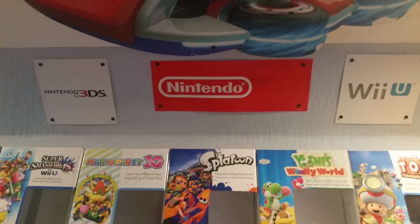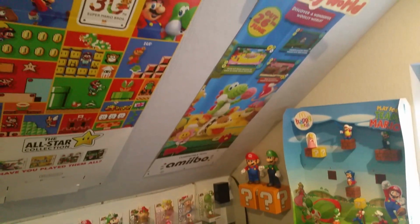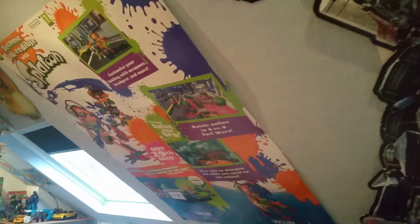Again, that's what's left of my Mario Kart 8 standee, because it went knackered. And here is my Yoshi's Woolly World, along with my Mario Maker. And me Transformers and Splatoon, and some other bits and bobs from Mario 3D World, Kirby's Adventure, or Kirby's Rainbow, sorry, and Mario Tennis in there. And this was off Tesco, and a couple of gifts from Razzmatazz Raz. So yeah, we'll spin it back round and we'll just have a walk through,